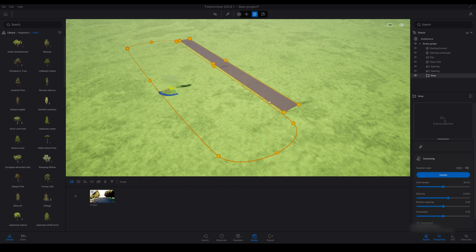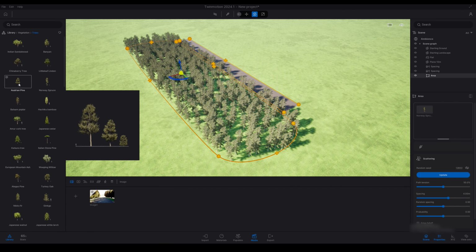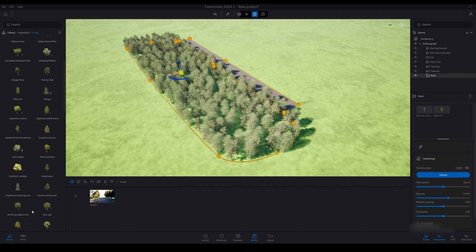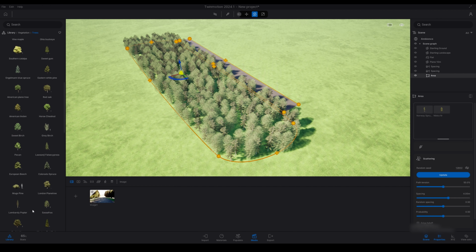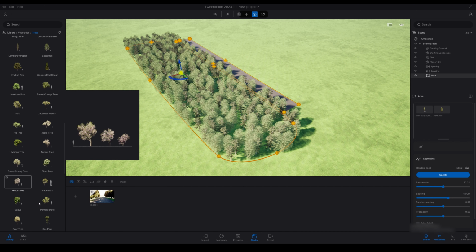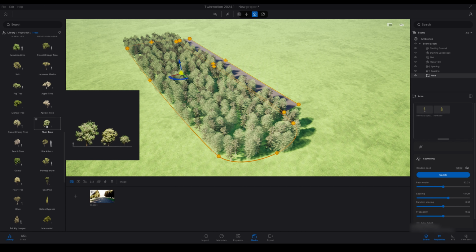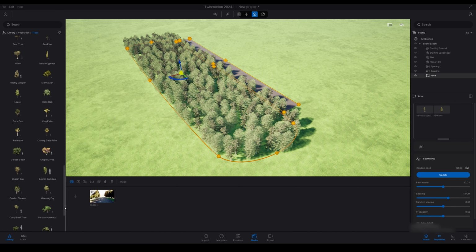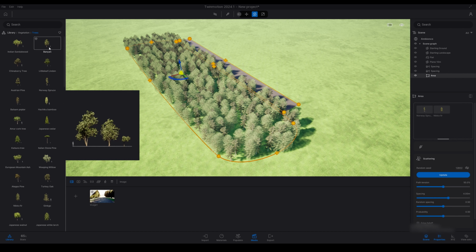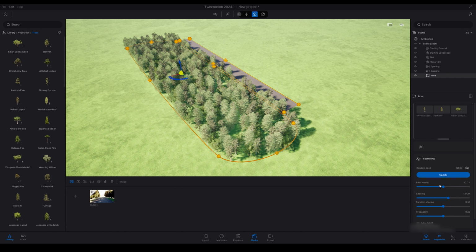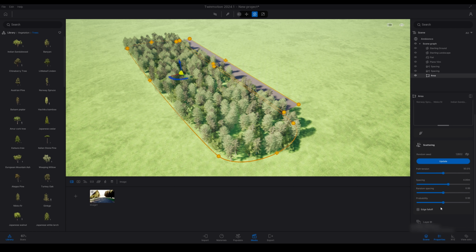It's the same method here. We're just going to drag the trees into the box on the right hand side. You can see it's already filled up our scene where the area box has been placed. So you can do the same thing here, drag whatever trees you want, and it can be bushes, grass, rocks, whatever you want. So as you can see there, I've placed 3 different types of trees in there.